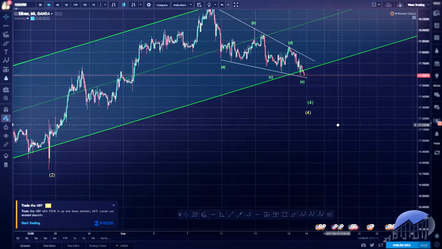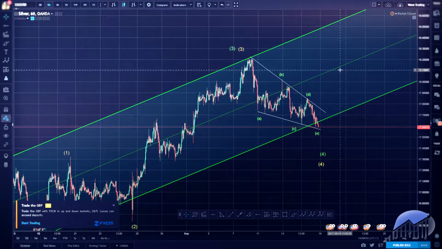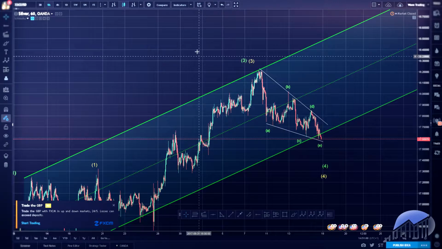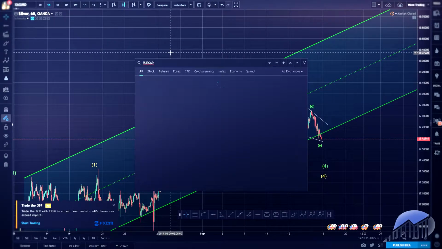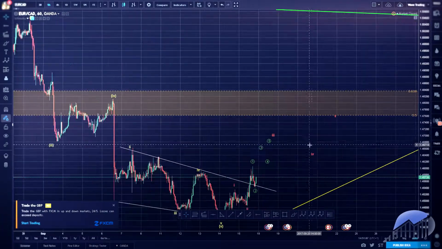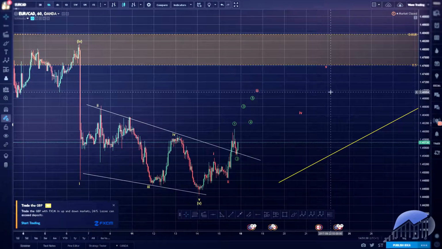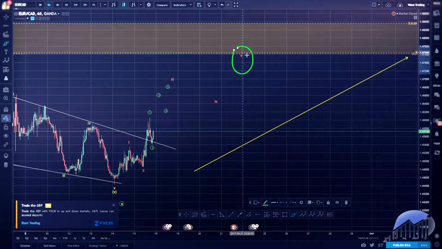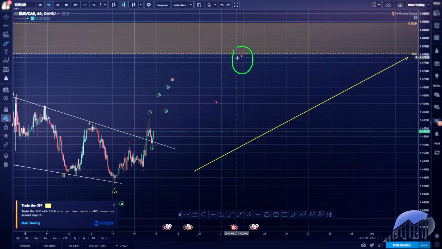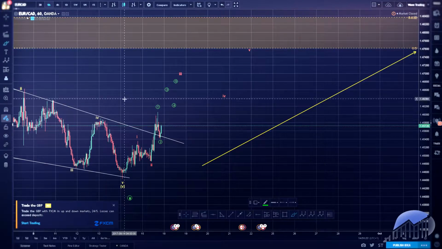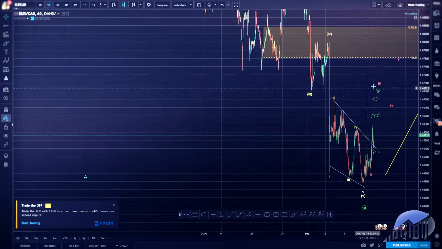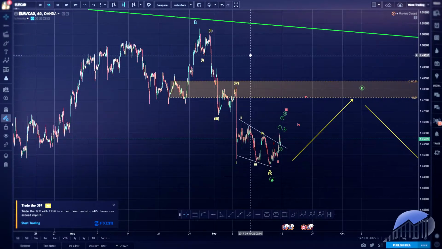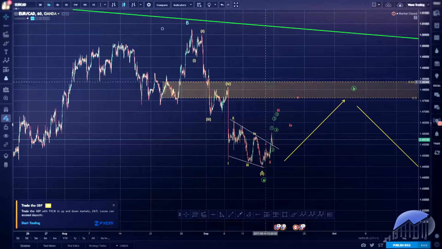So that, I think that's all the pairs I wanted to go over. Just to quickly recap, my favorite opportunity: EURCAD, buy the start of the week, and I'm not going to trade this B wave after this A here. I'll wait for the C wave, possibly buy it. But this is my favorite opportunity because of the clean count and the clear weekly time frame analysis. So bullish on this, and